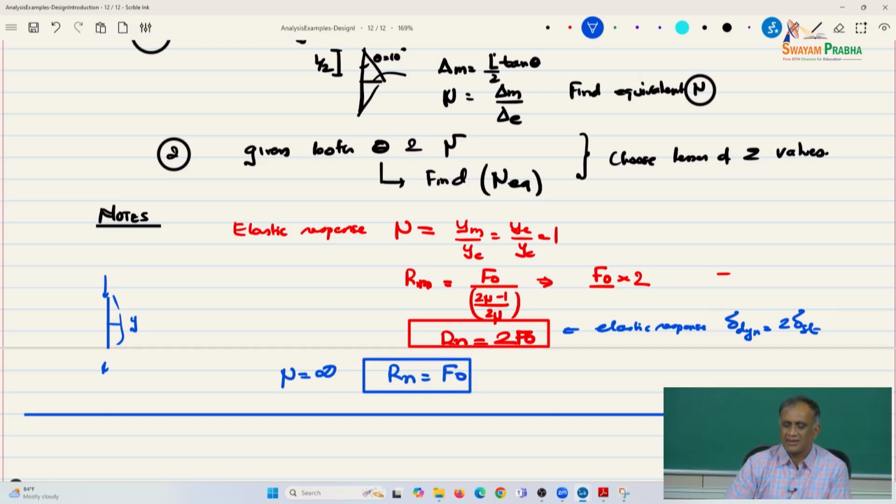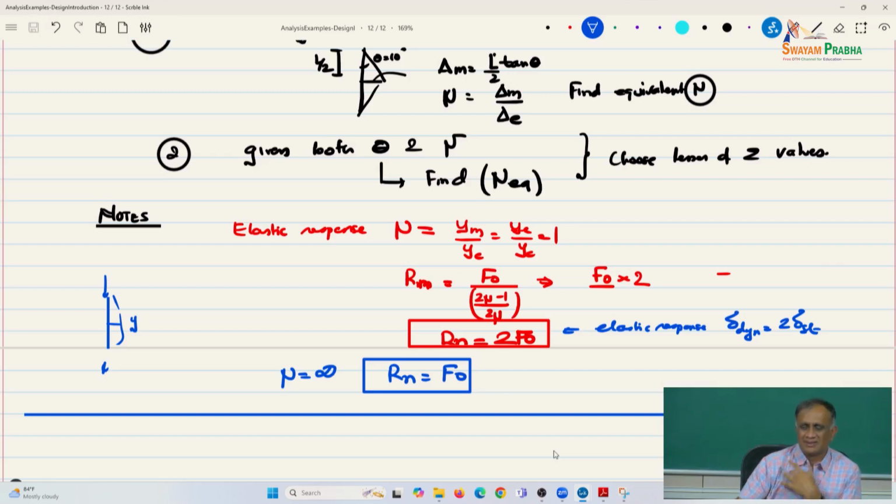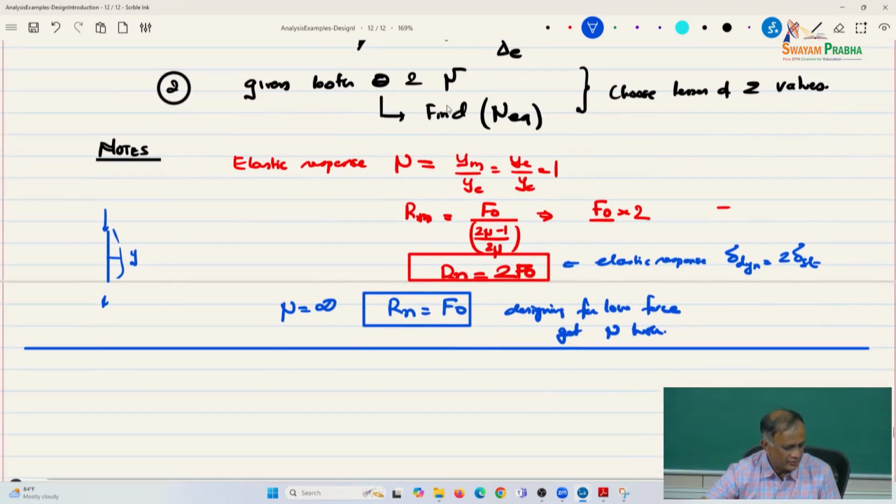If you are designing for the applied force, what do you expect? A very high. And so what are your limits between the two of them? So you are designing for a low force, so you will get mu high. The other way to look at it is also